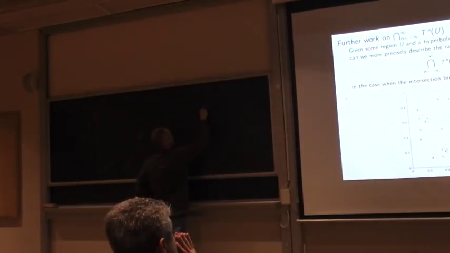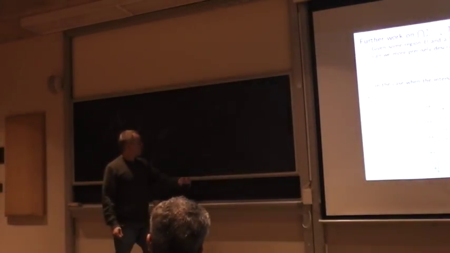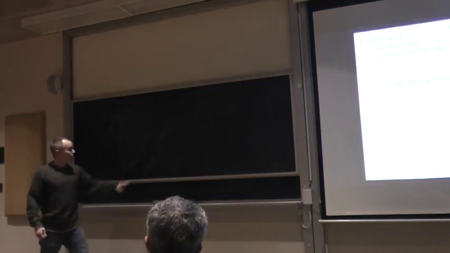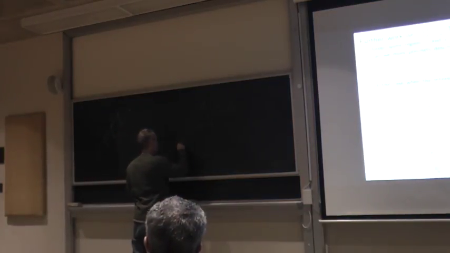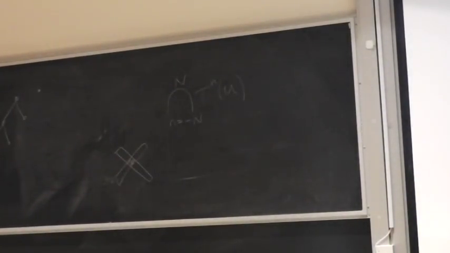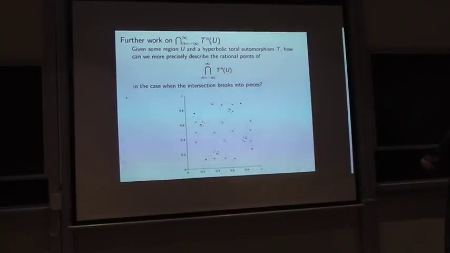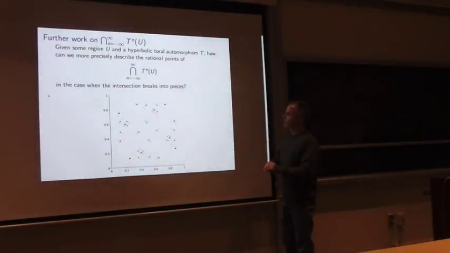This is just as good to work with if there's a finite orbit in there. It doesn't matter which direction we apply the automorphism. And the advantage of this is we get regions like this intersected with regions like this. So we have little squares, and it's a little easier on the eyes to understand what's going on. So now we have a more general geometric problem: